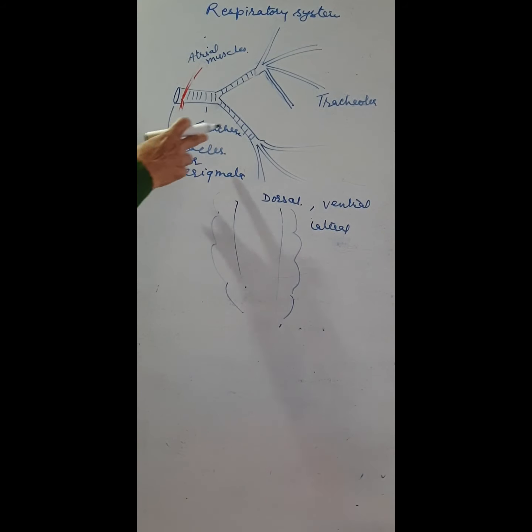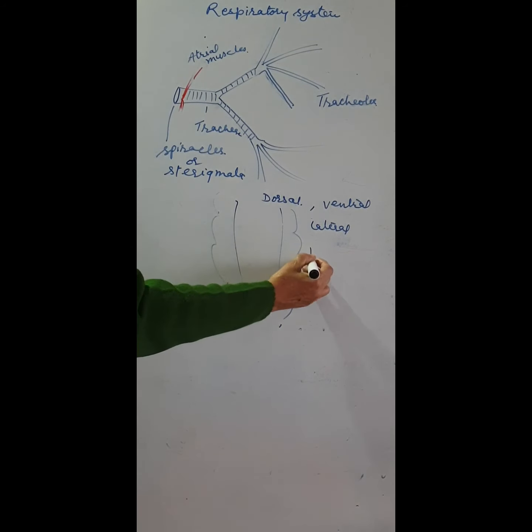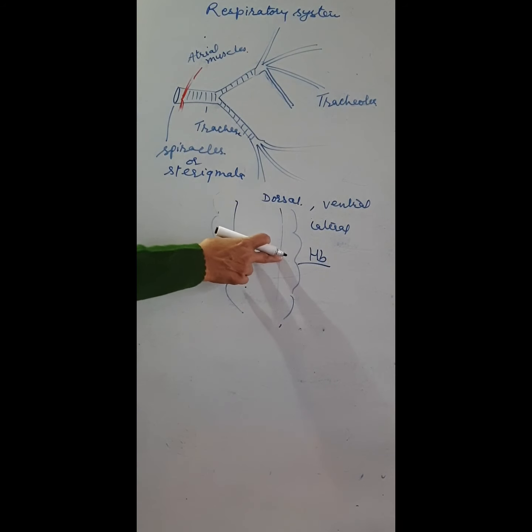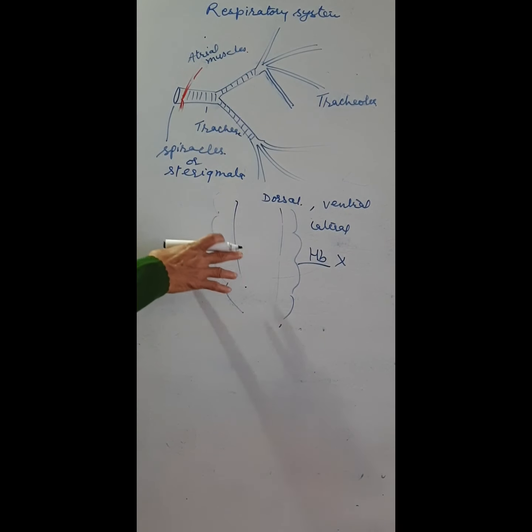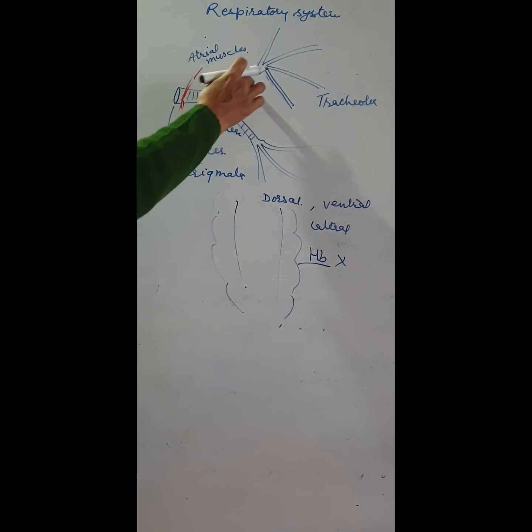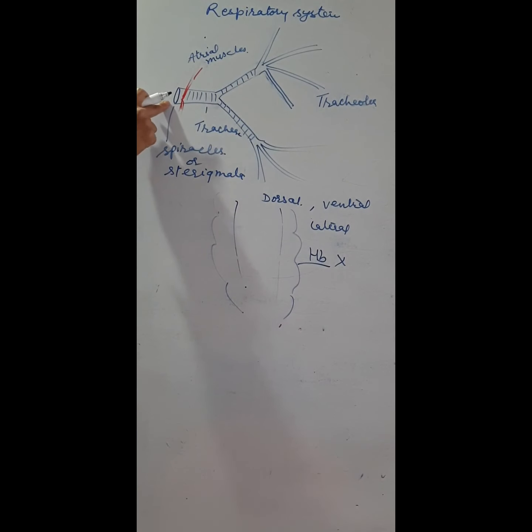The tracheae are invaginations of the outer integument and open outside as the spiracles. The spiracles are the openings through which the air goes inside and is released outside. In our body, hemoglobin plays an important role in gaseous exchange. Here there is no hemoglobin, so hemolymph has no role in gas transport. These are the tracheal tubes, and they open outside through the spiracles.